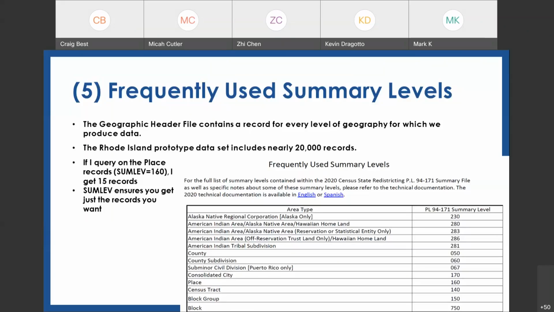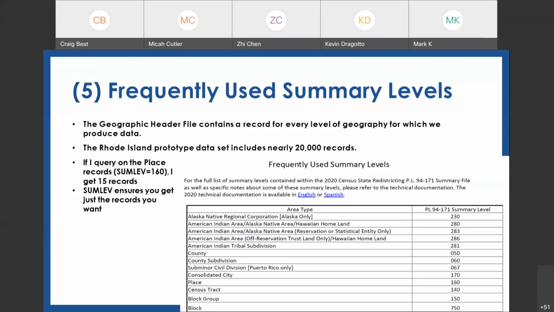Pardon me here, I included some old content from a Rhode Island file that I was looking at. So the number of records I get with my query, 15 records, was based upon that Rhode Island file. For Iowa, we're going to get around 1,000. Now it's important because you expect about 1,000. If for some reason your query brings up 10,000, you better take a look at your query because you probably have too much data. And some of the ramifications of that, if you start summing fields of data in that query, you could be duplicating the population count and getting erroneous results.